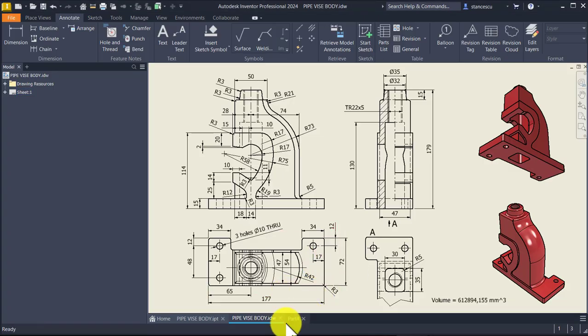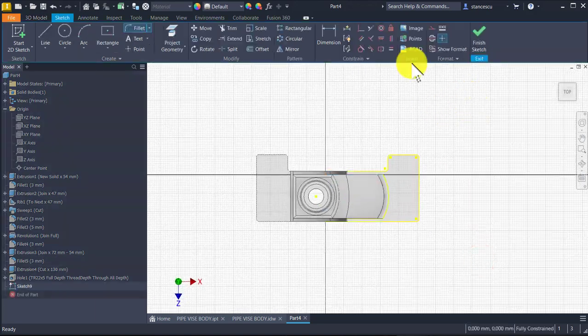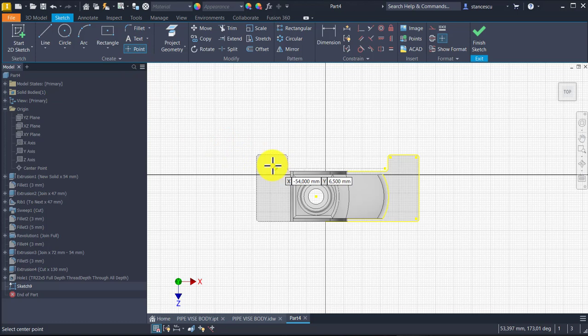We use the upper face to create a sketch, and we place 3 points, 1, 2, 3. These 2 are on the same horizontal,